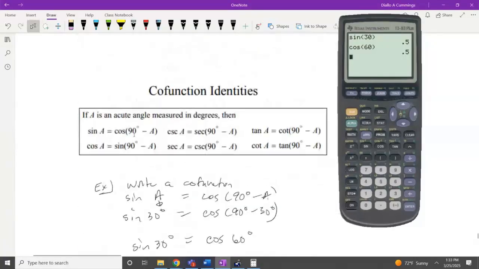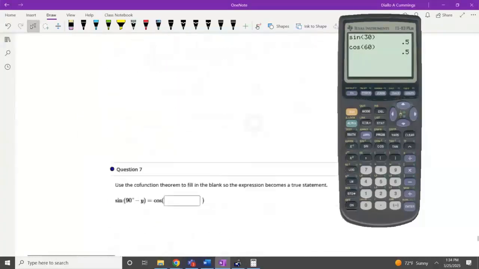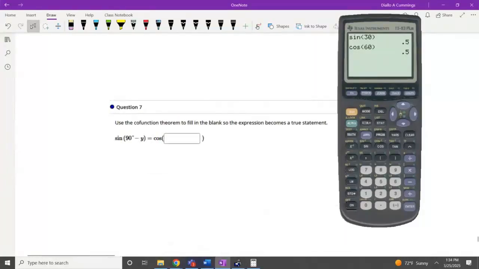If I were to find that in my formulas, it would be the first formula on that last row, and I would substitute A for y. So the sine of 90 degrees minus y should simply equal the cosine of